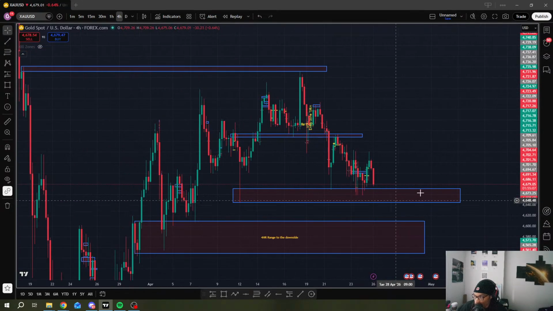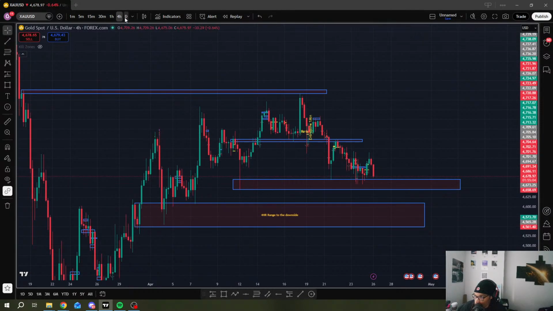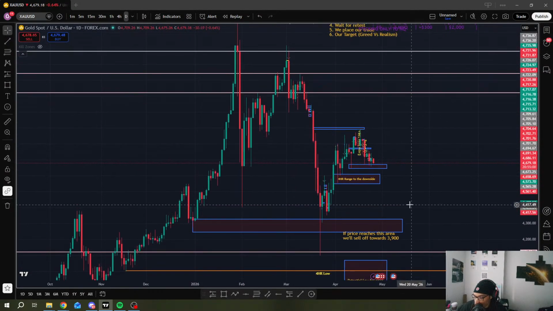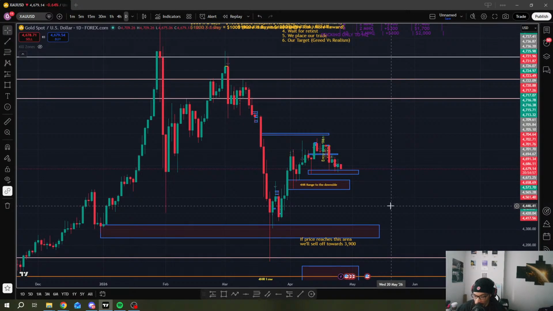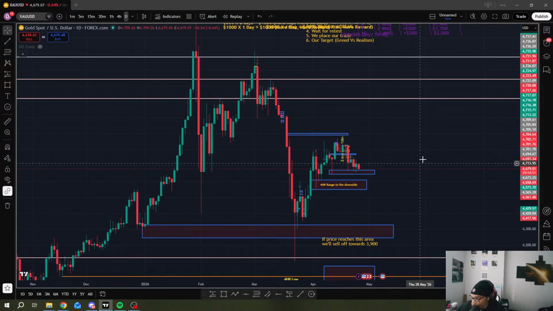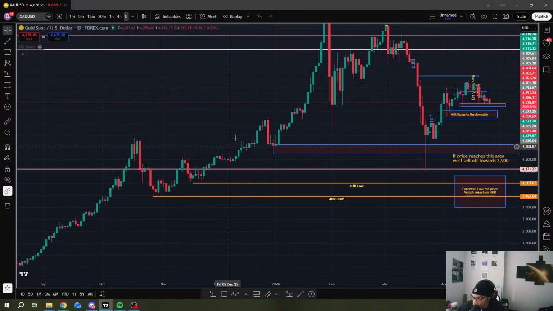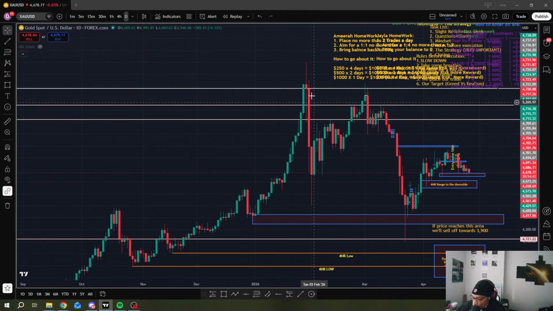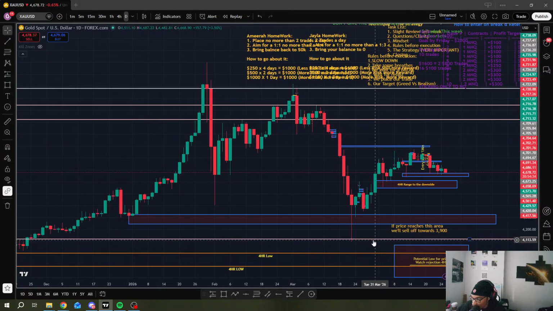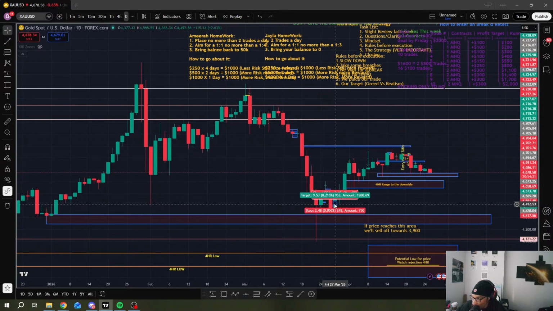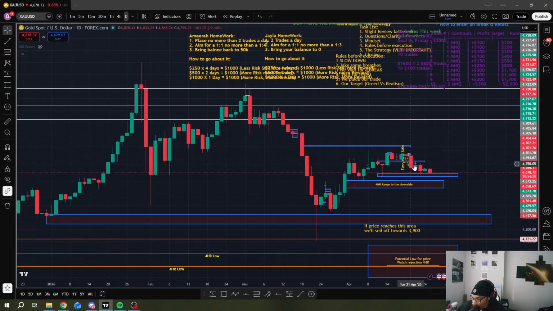And so as of right now, let's go to the daily to see how price is rallying in the positions that we're in currently. And on the daily, price is looking like we are currently rallying downward. But this is very important to pay attention to, y'all. We were on an uptrend. We hit a huge spike here, this big impulse, a correction, a continuation, and then we impulsed again all the way down here to these lows. And these are the dailies, right? And so right now it looks like we're in the move of a correction. This looks like it could be a little retest on the daily and then a continuation to the upside.